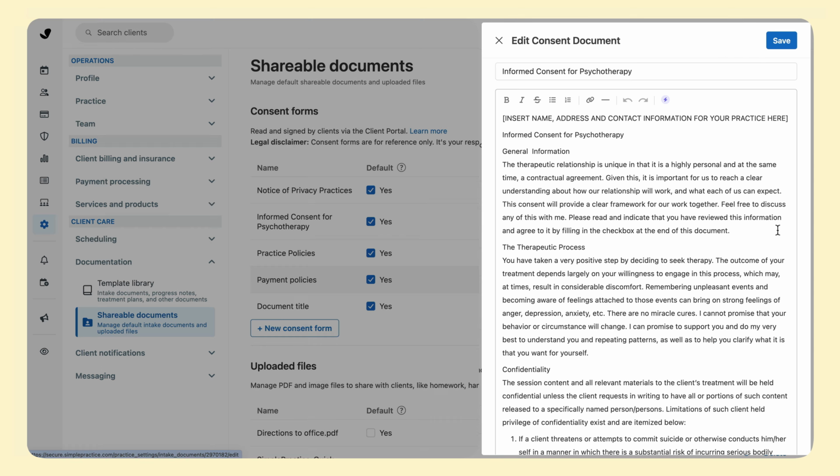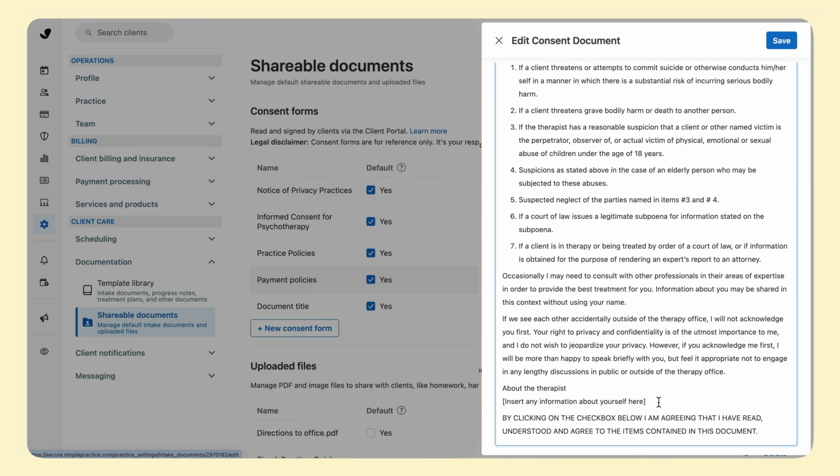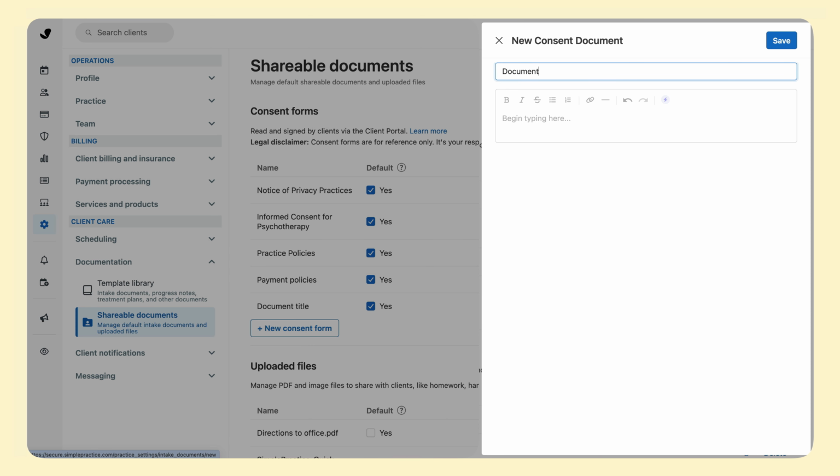You'll see placeholders with text and brackets like Insert Name, so you can delete the placeholders and type in your details. There may be other placeholders further down the form, so read through and make any changes. You can also create new blank consent forms where you can type your own content or copy and paste language from a document you have outside of SimplePractice to recreate it as a consent form that the client can easily